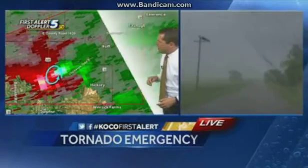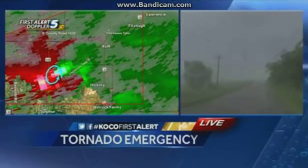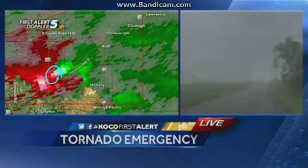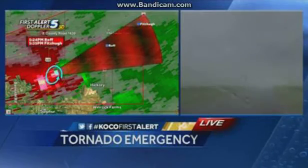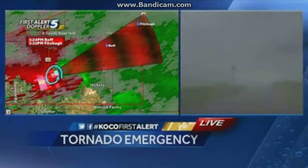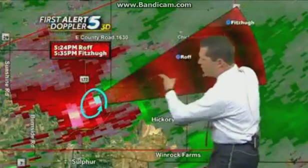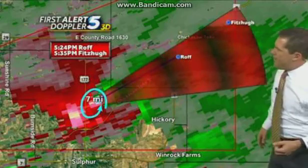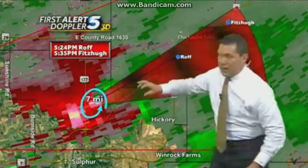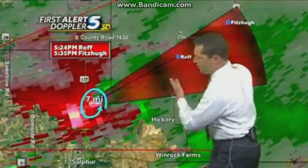just near the community of Roth and Hickory, and we're already getting reports of damage now coming in from Roth, or from Hickory, I'm sorry. Right now, the storm would be about 5 miles west-southwest of Roth. Here's Roth. Here's a tornado coming right up the turnpike, and this is going to be a busy road, especially this time of the afternoon, where it's currently about 5 o'clock or so, and we are now in the peak of the afternoon commute, the afternoon drive,